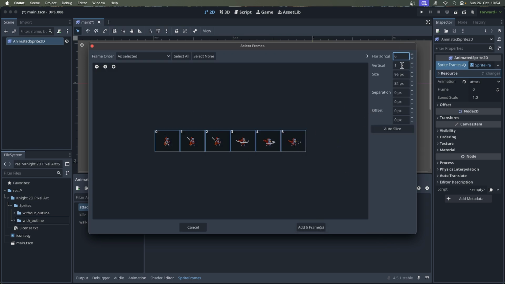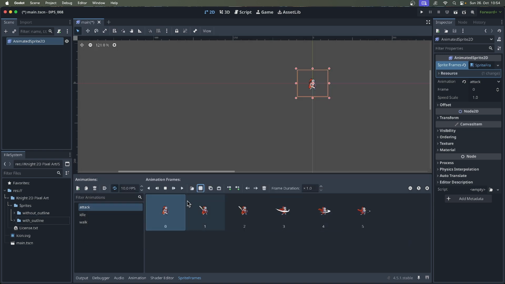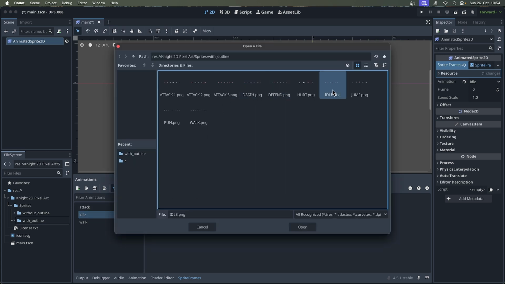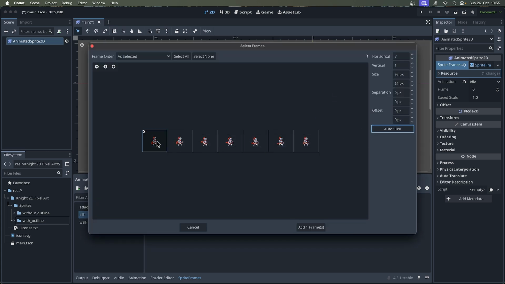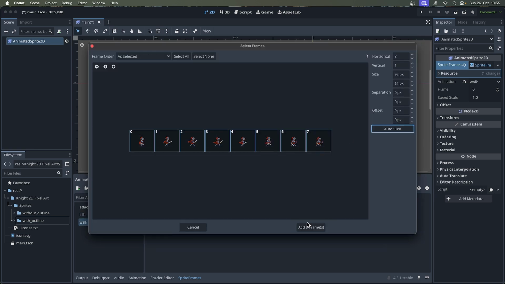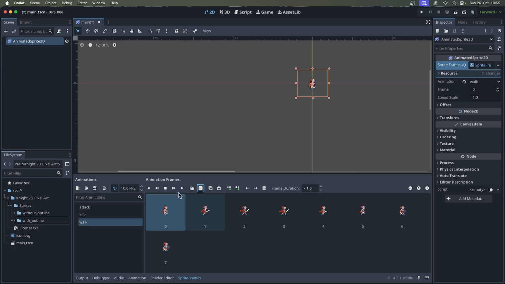Configure it. If auto slice fails, you have to do it manually. Add those frames. The same for idle animation. Auto slice, yes, it worked. Add those frames. The same for walk. Okay, great. It worked. Now we can test